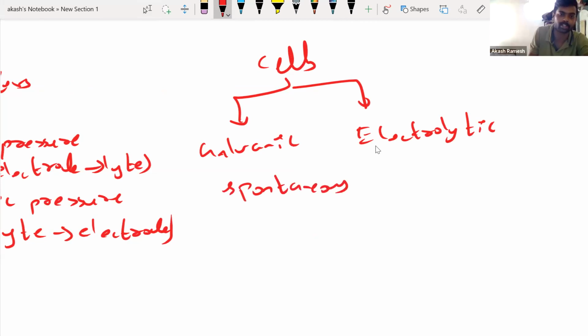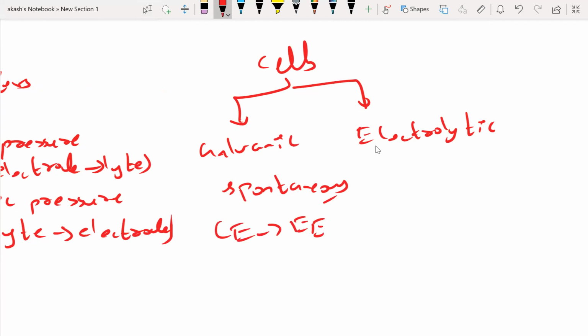Spontaneous chemical reactions. So in the energy transformation, what energy is converted to what energy in galvanic cells? Chemical energy is converted into electrical energy, because all spontaneous chemical reactions are exothermic. They release energy, and that energy which is released is going to be converted into